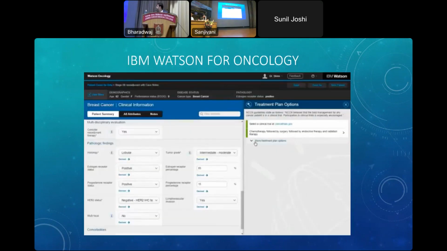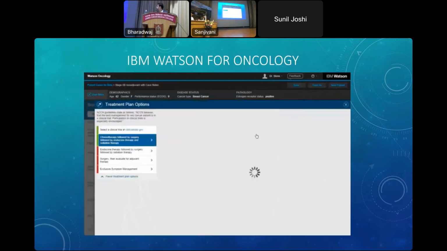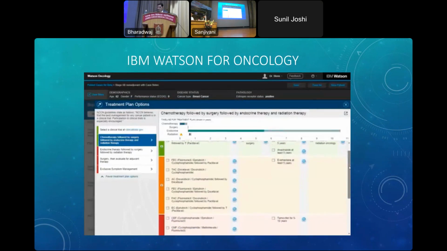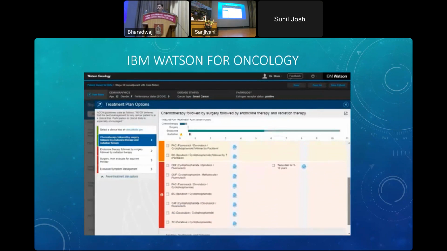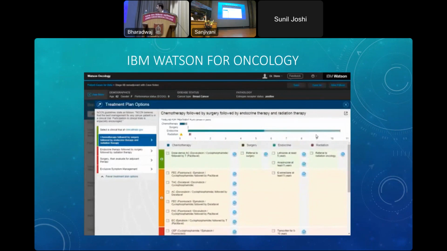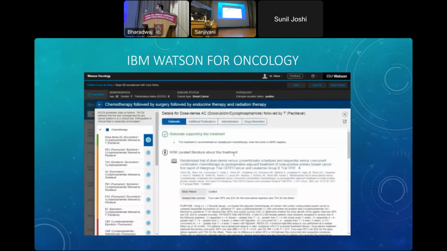To make recommendations, Watson has extracted knowledge from guidelines, best practices, 12 million pages of journal articles, and 200 medical textbooks. Watson provides a visual timeline of the treatment plan, as well as the plan's modalities. Again, they're color-coded by confidence level. Each of the blue icons represents an opportunity to dig deeper into evidence. For example, I can review the specific sources behind each component of Watson's recommendation.